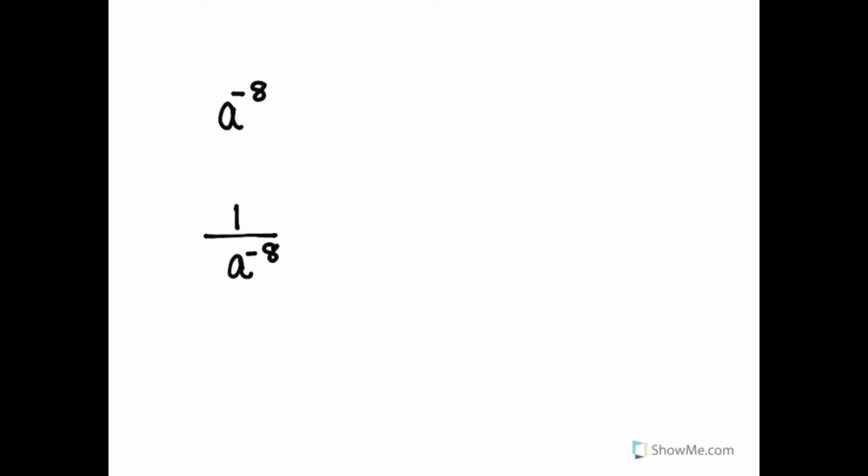For example, if I have a to the negative 8th and I rewrite it as a to the negative 8th over 1, and then I say, oh look, the 8 has a ticket. It's going to make the whole expression a to the 8th travel and turn in the ticket when you're done. Now there's a 1 on top, so a to the negative 8 equals 1 over a to the 8.